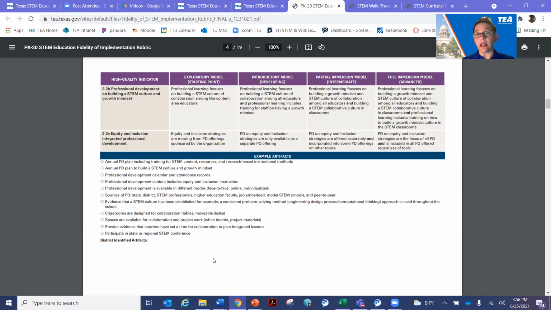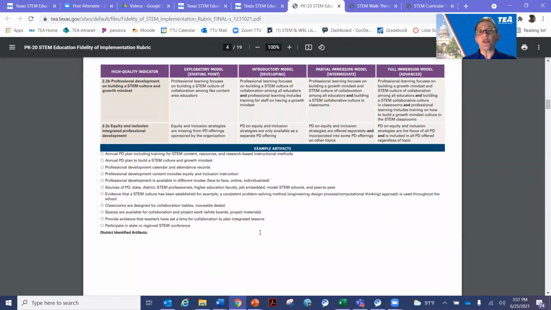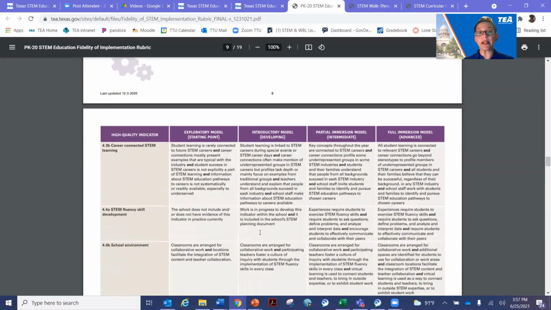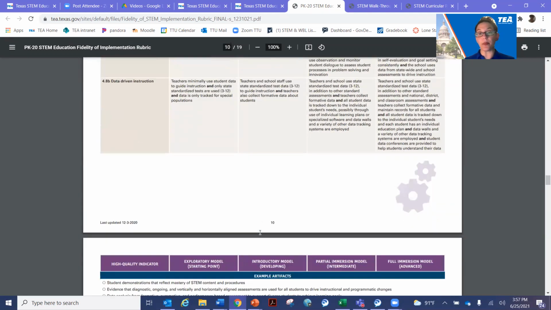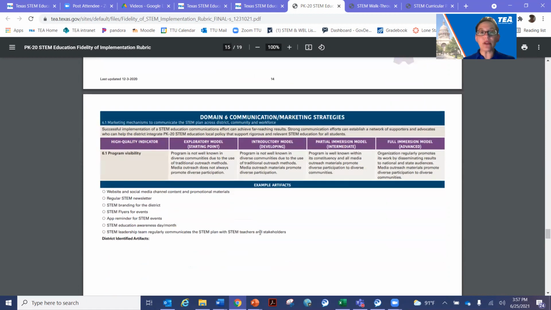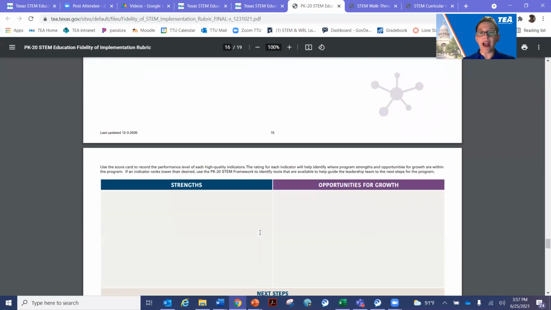So if you're struggling to find what artifacts you would use to evaluate your program on the planning guide, this document can give you some ideas. It is not an exhaustive list. It is just ideas that you could use to maybe springboard further thinking in your own planning. So as you go through this document, and like I said, this one is longer because it really breaks down a STEM program into all of the different areas and lenses. But once you get to the bottom, you have your